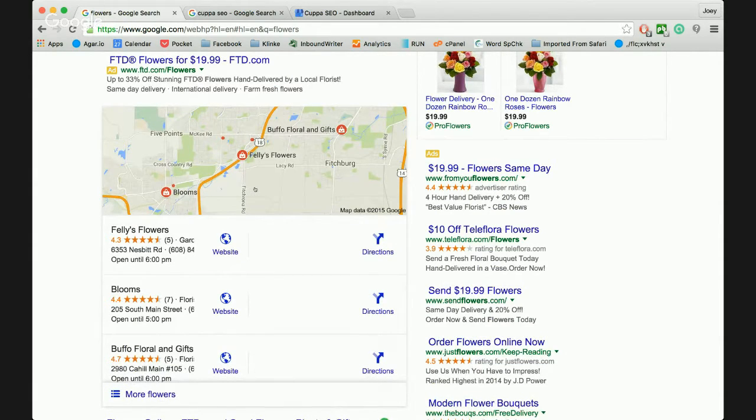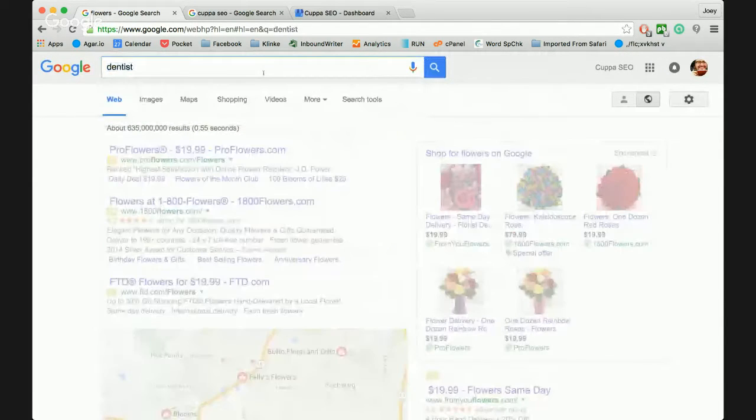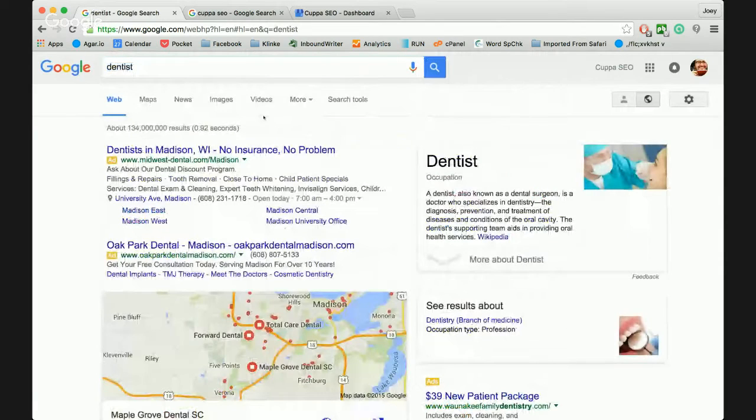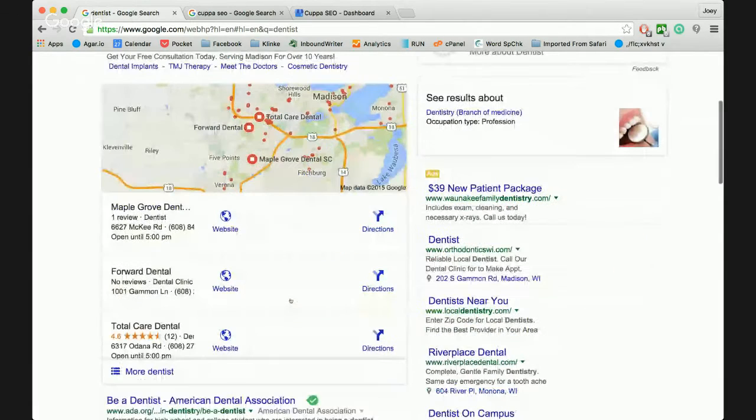To give you another example, if we search for dentist, we're going to get a very similar look. Here's your map with all the dentists that are close to my zip code. It's a localized region. Then we've got the top three here.